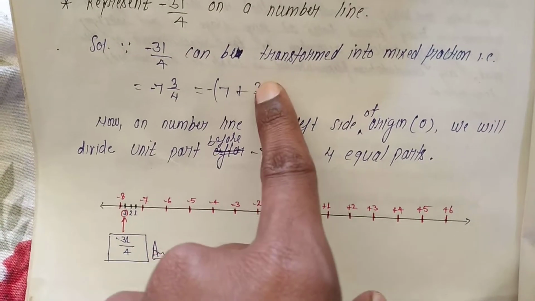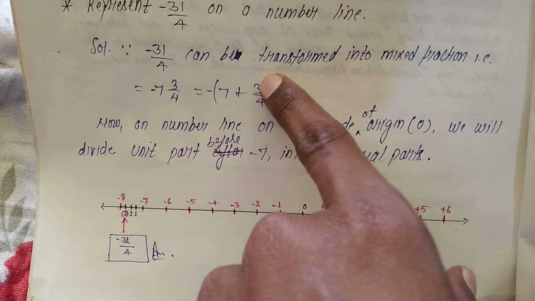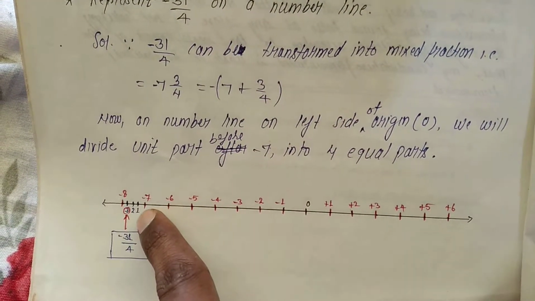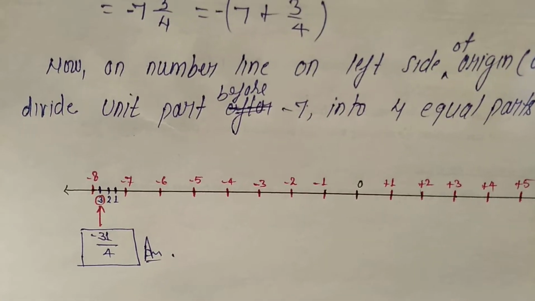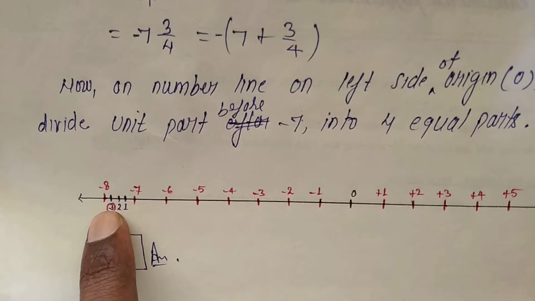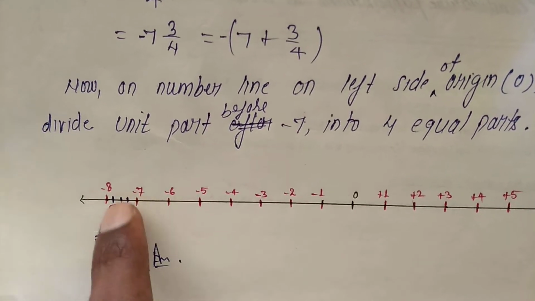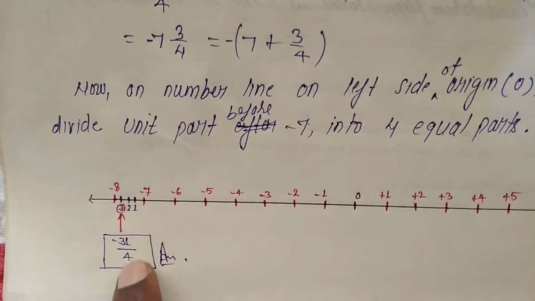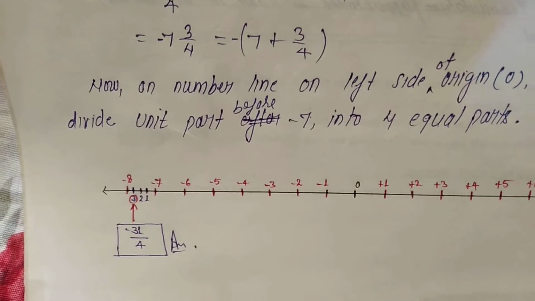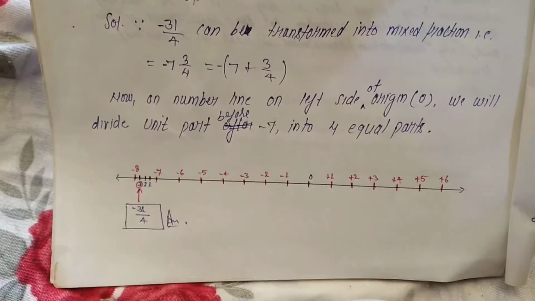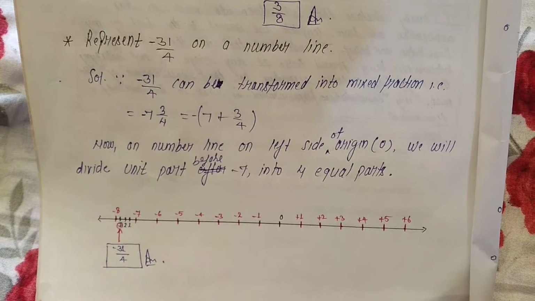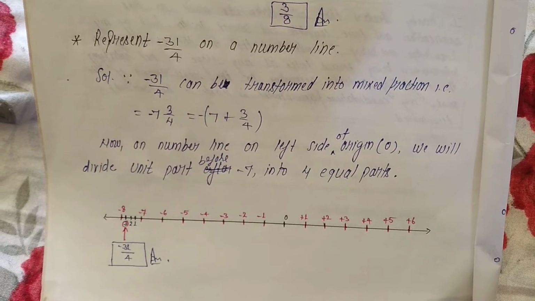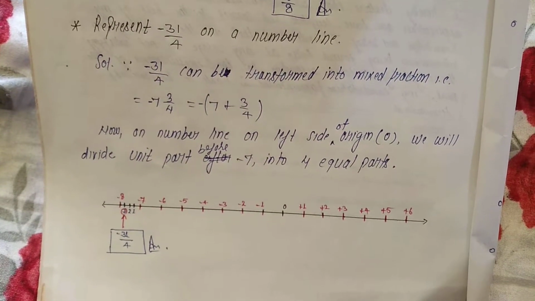Now we have to focus on the third part. See, 3 by 4, third part, 1 2 and 3. See, this is the third part. So this will be our answer: minus 31 upon 4 will be our answer. Now I hope the concept of the number line is clear to everyone, how a rational number is represented on a given number line.